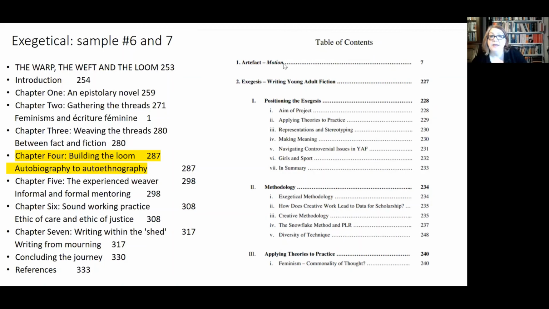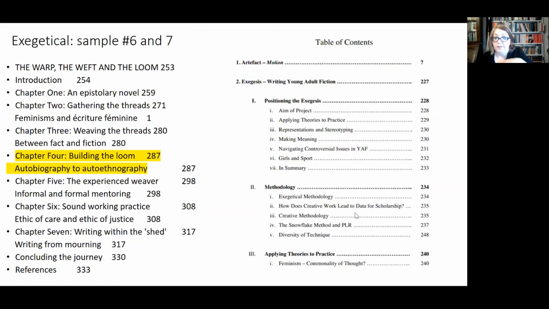And the next one there is also artifact and exegesis. And this is a little bit more of a traditional structure of methodology. Her exegesis puts the methodologies in section 2, and she's talking about exegetical methodology, how the creative work leads to the data for scholarship,